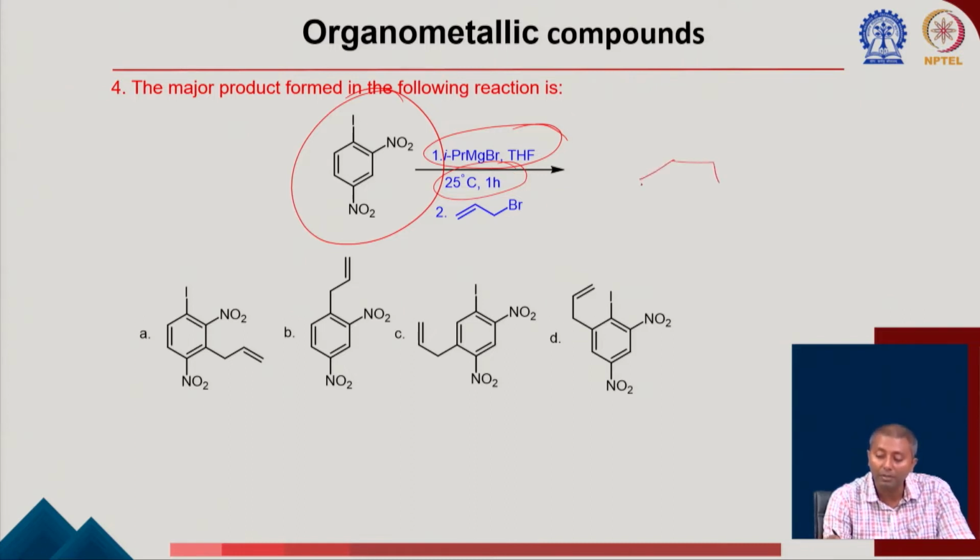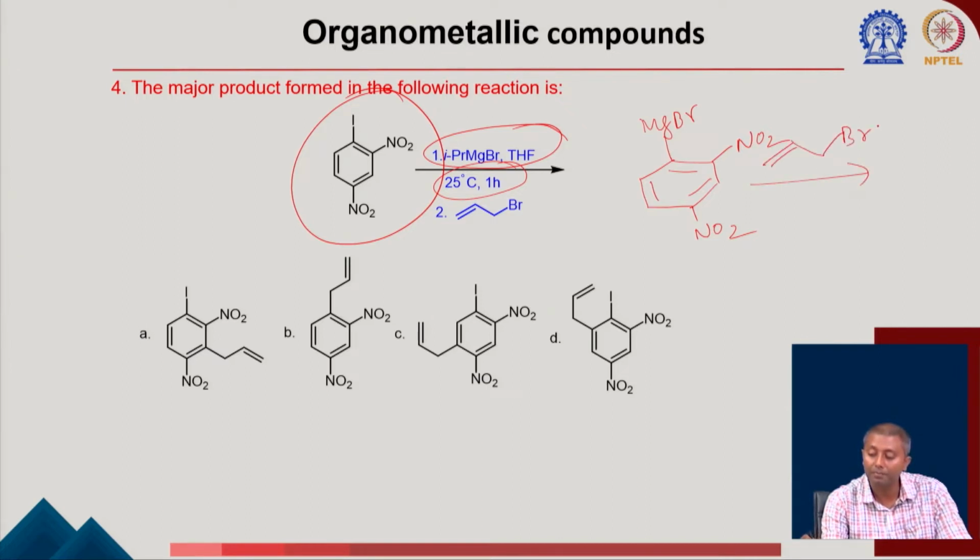And also if you remember, in this reaction, if you have an electron withdrawing group on the aromatic ring, then the reaction rate will be much faster. Most of the time you will see the carbon iodine bonds are used, and in some cases carbon bromine bonds are used. But most of the time you will find the electron withdrawing groups are attached to the ring, which makes this transmetallation reaction facile. So you will be generating this corresponding Grignard, which will be reacting with the corresponding allyl bromide to get the allylated product.